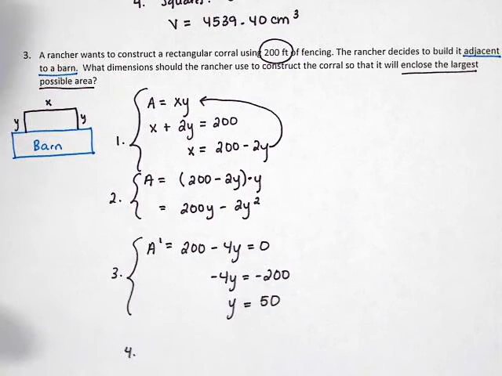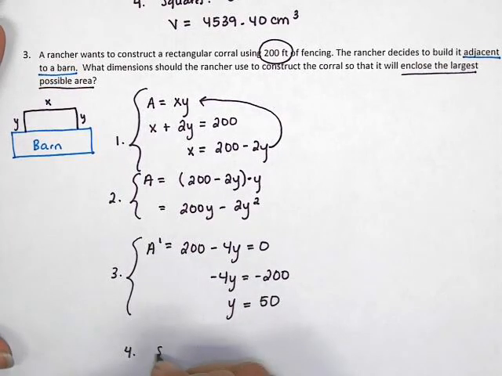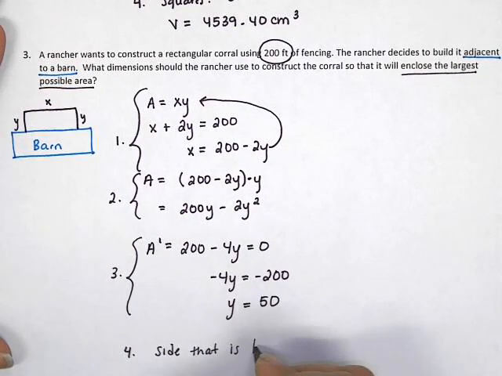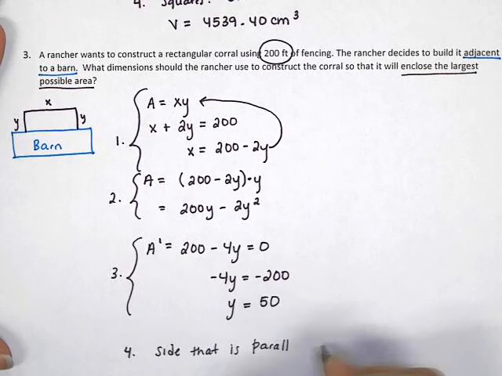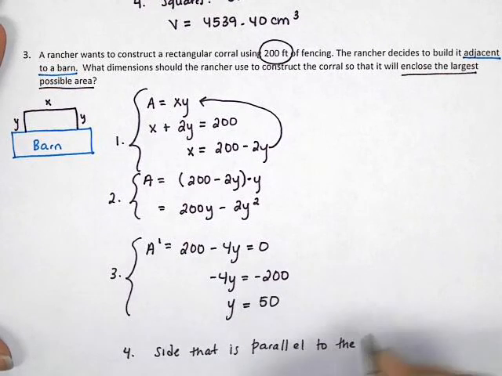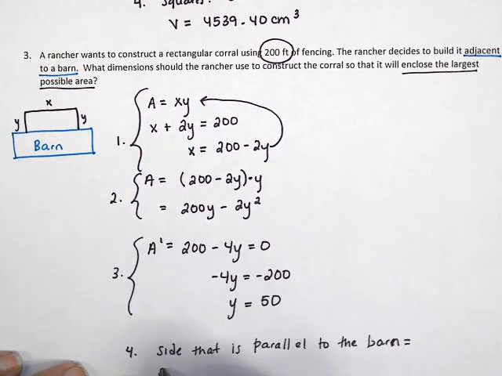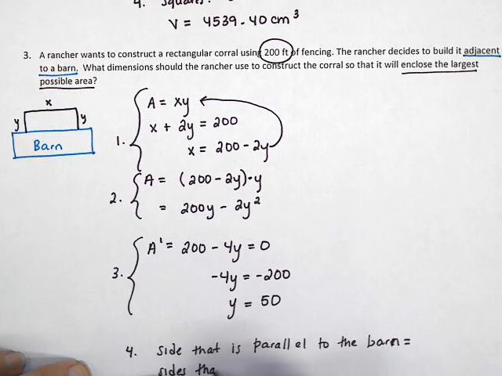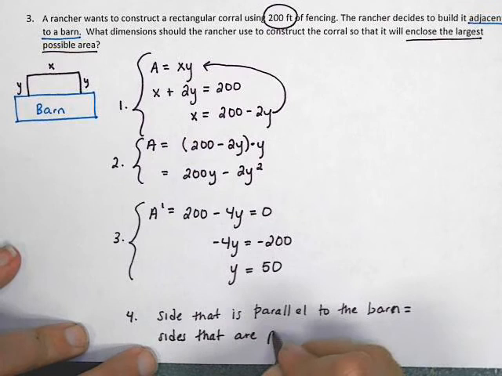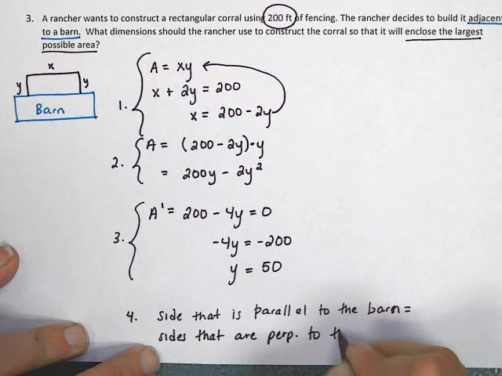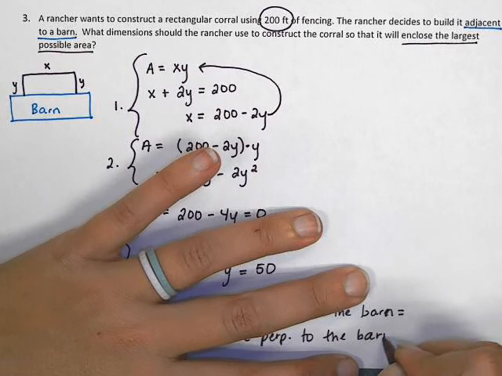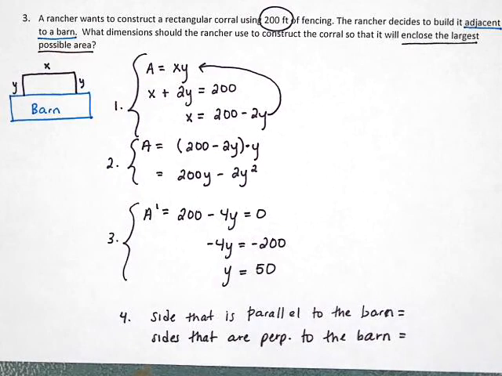So what we need to say here is that the side that is parallel to the barn is a certain number, and the sides that are perpendicular to the barn are a certain number. Now the reason I'm saying it like this, and not just saying the dimensions are 50 by whatever, is